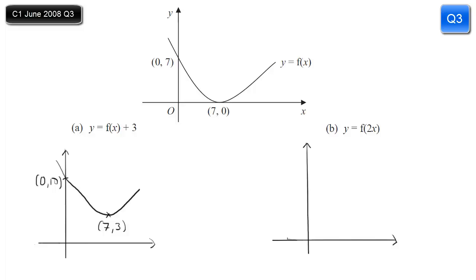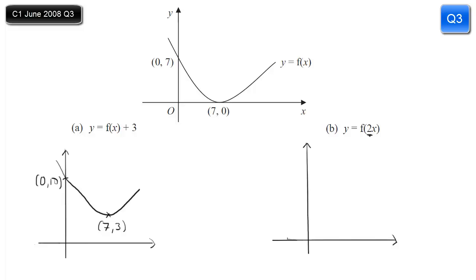Moving on to y equals f of 2x. When you have a constant inside the bracket, so multiplying x, that means it's a stretch parallel to the x-axis, and this is the one where it sort of does the opposite to what you'd expect. The 2 in there means that it's going to be stretched by a scale factor of a half. So